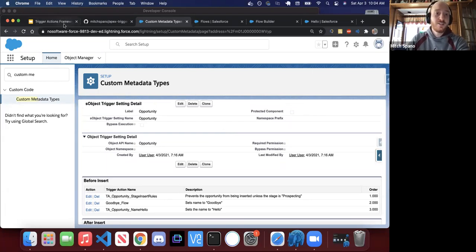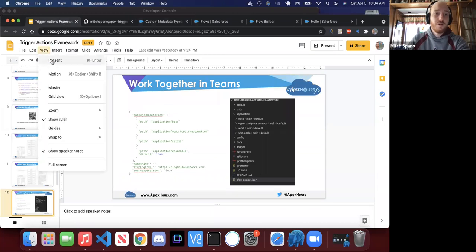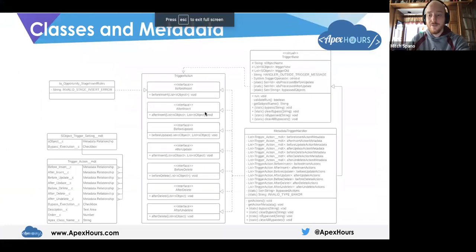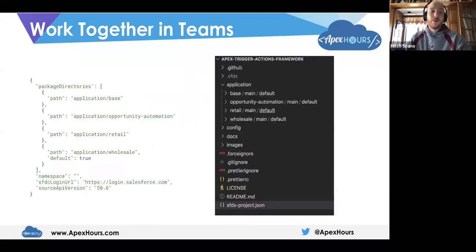Cool. I'm going to go back into the presentation. Now, here's the architecture that we just talked about. Now there's one or two other things I want to talk about. The first thing is working together in teams, right? So if you take a look in your